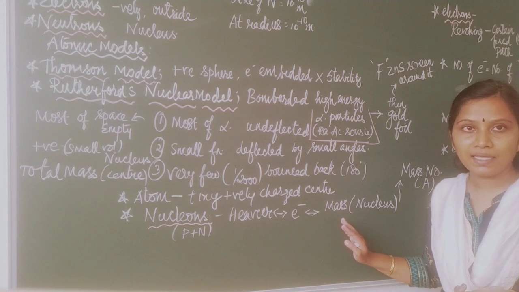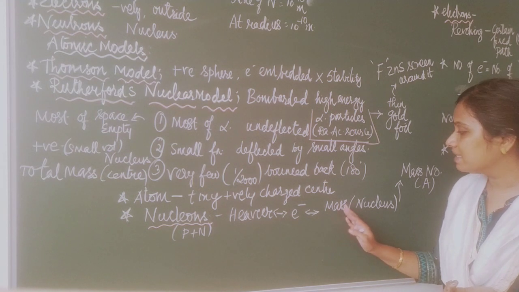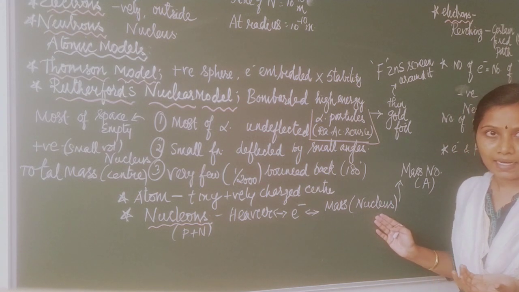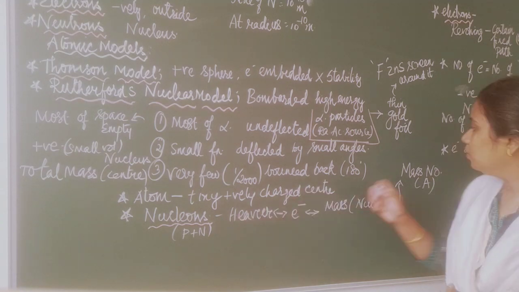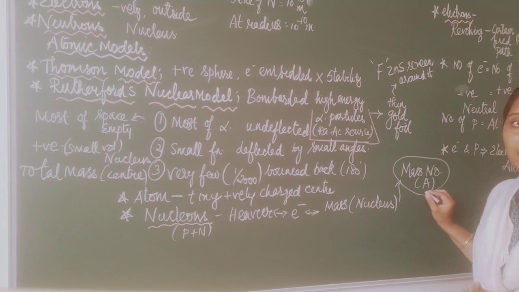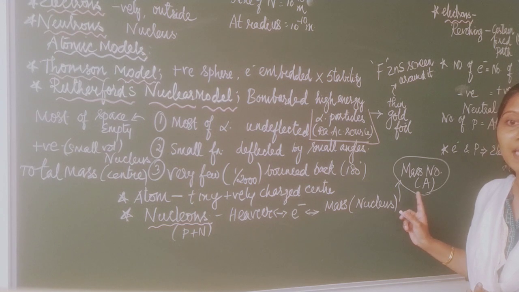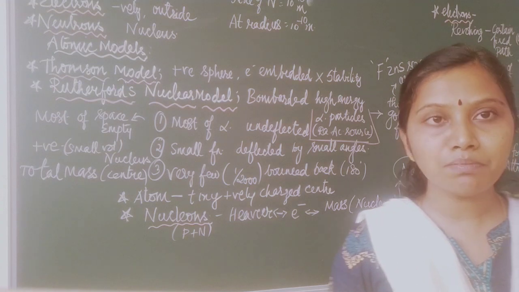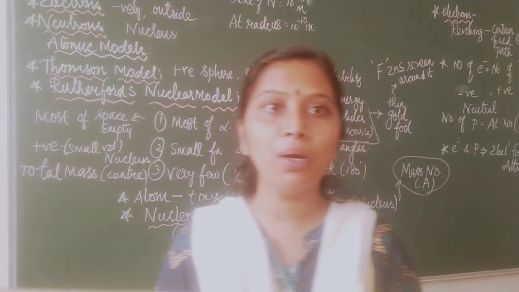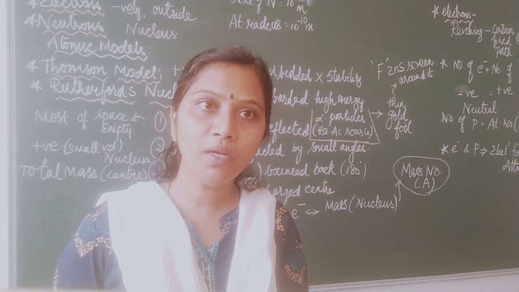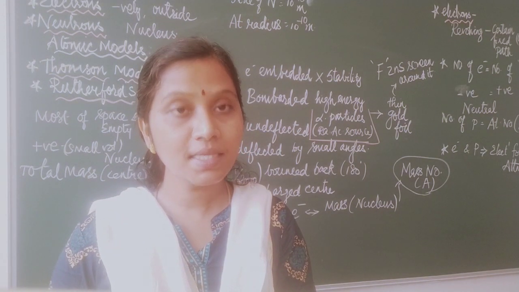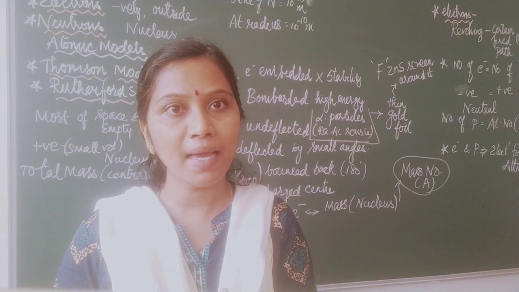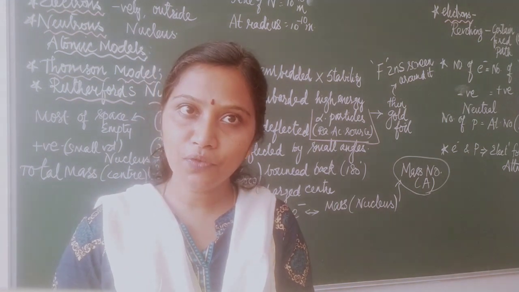So I am going to say that the mass of the atom lies in the nucleus of the atom. The mass of nucleons is called the mass number, and mass number is indicated by the term A. So what is mass number, children? Mass number is nothing but the mass of the nucleons, because nucleons are the protons and neutrons in the nucleus. So I am going to collectively call them nucleons. So what is the mass of nucleons called?